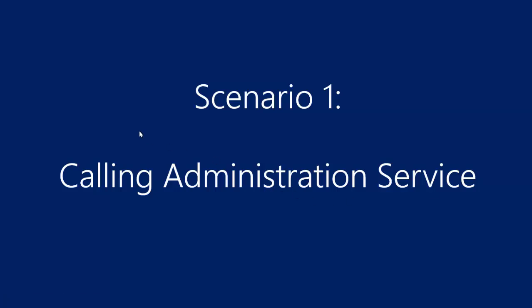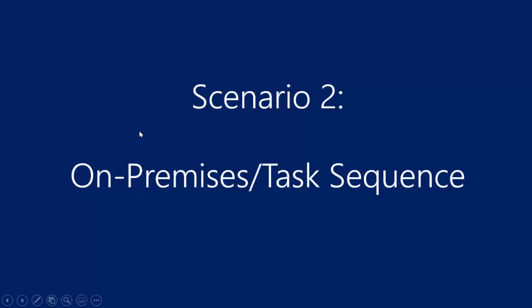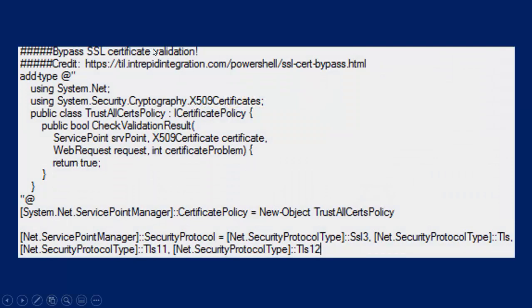How about scenario 2? So this would be where we're actually calling the admin service through something like a deployment. So here, a task sequence. Let me show you what I'm going to do here. So basically, here's the script that I want to run. This is the cert that is going to, again, trust all communication, all certs. I'm not going to block anything. I don't need it, really, because I'm using my PKI cert now, but I'm still going to use it as